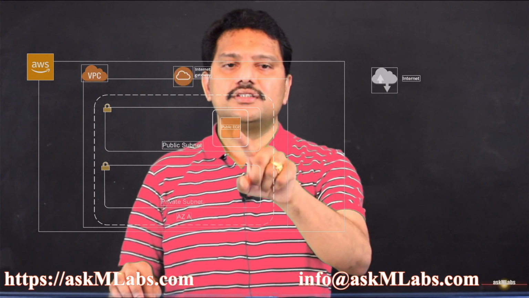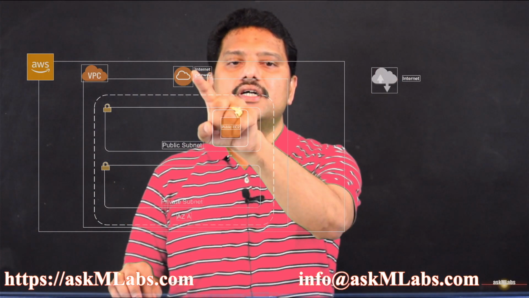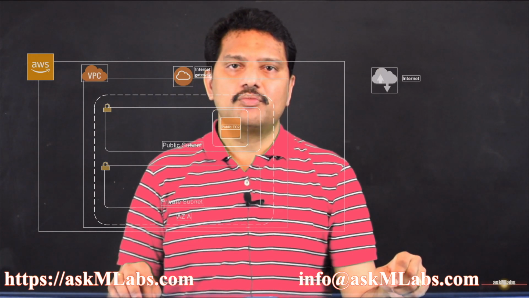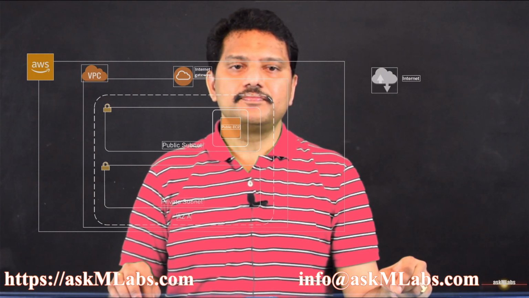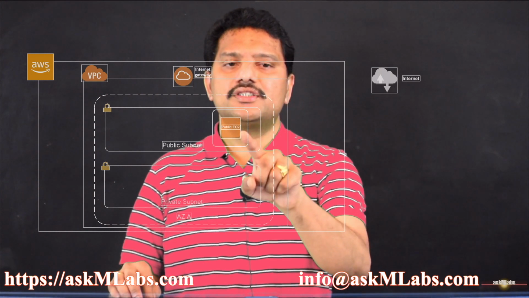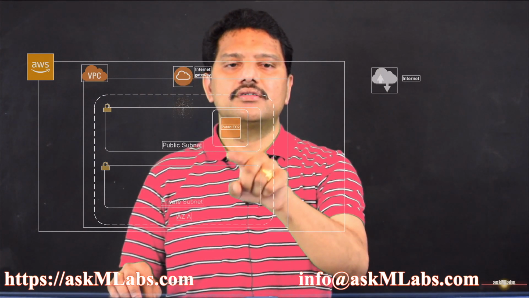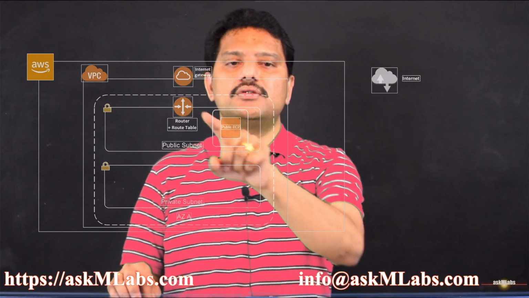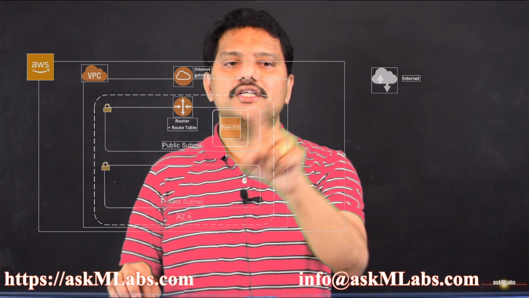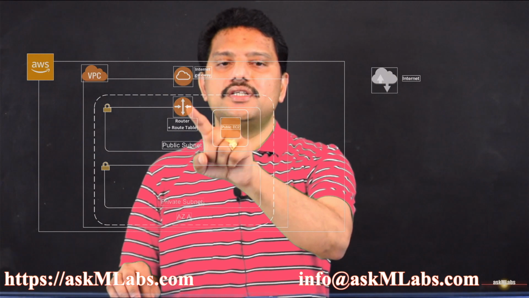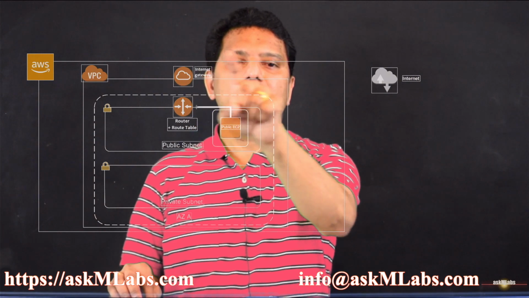For this EC2 instance to access the internet, AWS is providing an internet gateway. This internet gateway provides access to the AWS VPC network to the internet. But this EC2 instance cannot directly talk to the internet gateway. There is another component called a route table. All the rules are defined in this route table. If the request coming from this EC2 instance is to talk to the internet, the rule is defined here and that request is routed to the internet gateway and then to the internet.